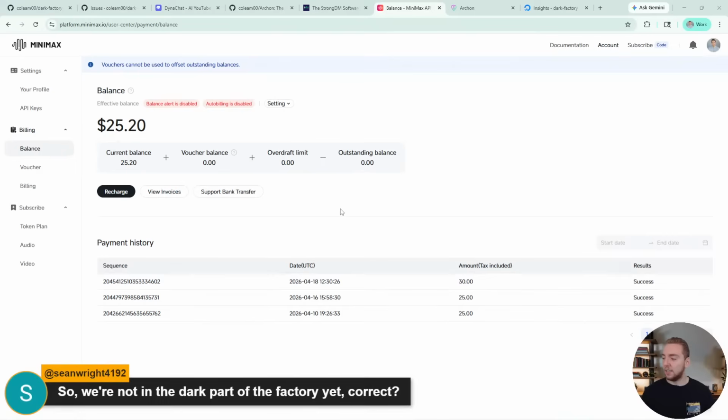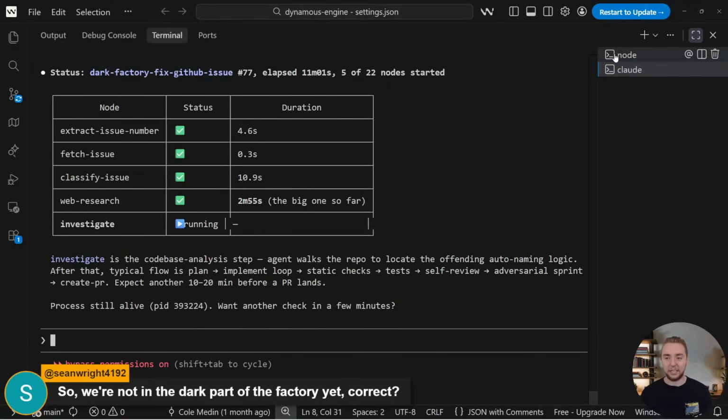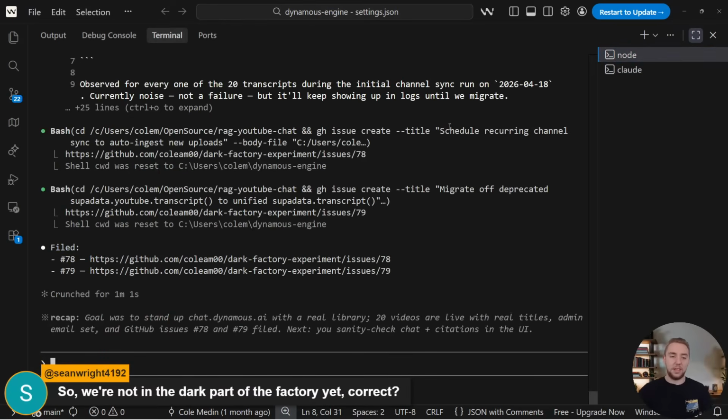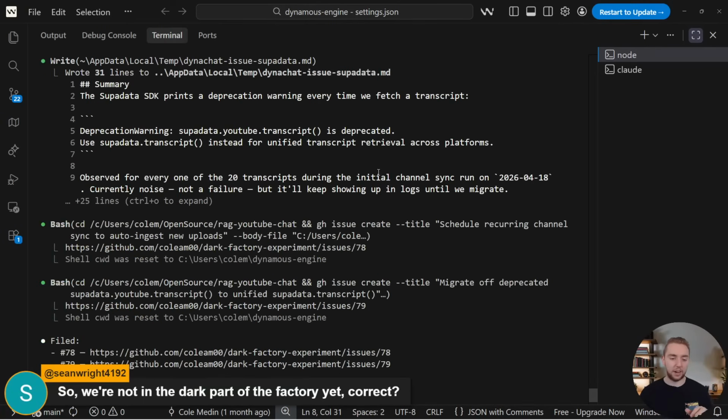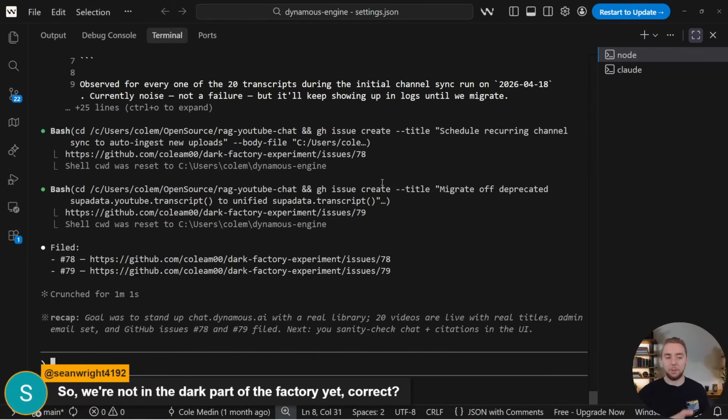All right, so we're not in the dark part of the factory yet, correct? I mean, we're pretty much there, Sean. What I was explaining at the start of the live stream is that there's a little bit of me managing some things through Claude directly. Just as I'm getting the initial infrastructure set up, there are certain things that I want to protect the factory from being able to edit, like some of the database schema and the infrastructure.